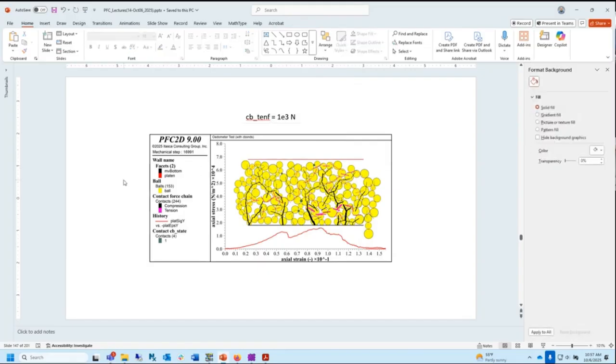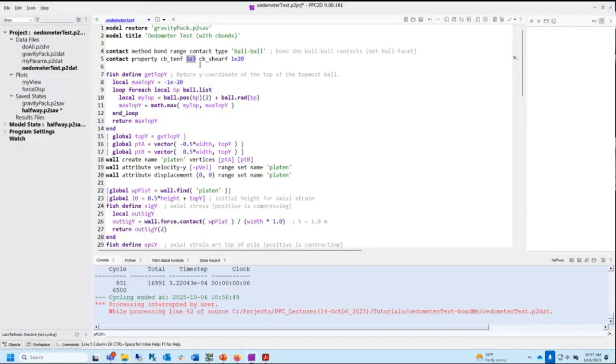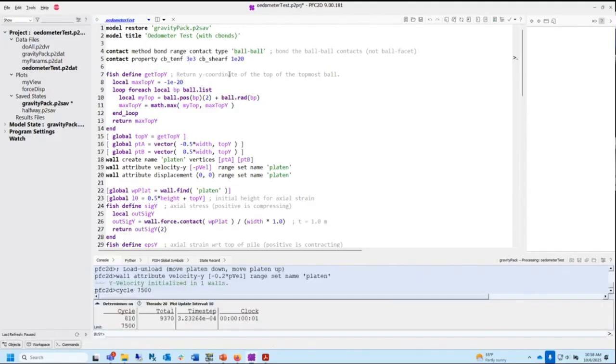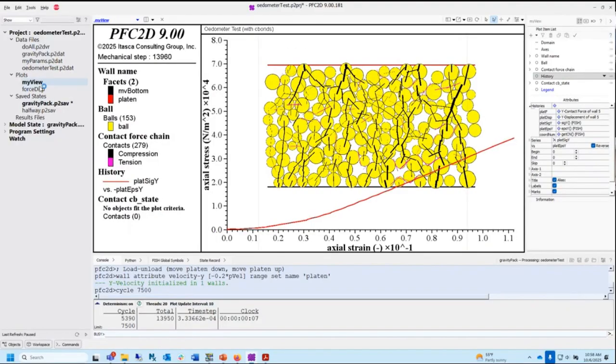So what if we just make it, give me a number. What should I use? Bowen, what should I use? Maybe 3. Oh, got it. Good. 3 times stronger in microtension. And we're not allowing it to fail in shear. This may not be realistic, but we're not allowing it to fail in shear.